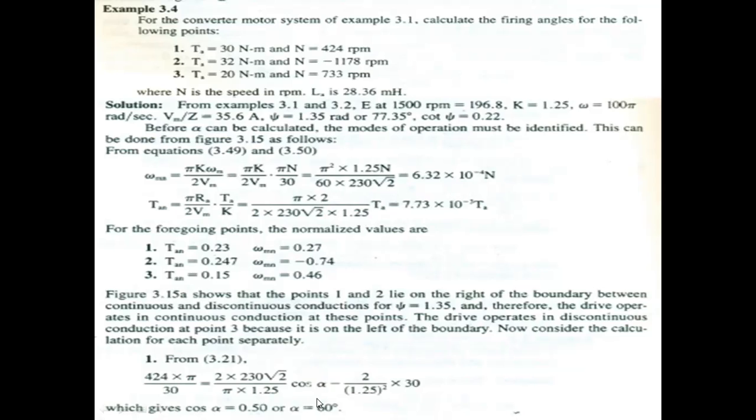So here, sorry, we have to substitute the n value. Wait, don't keep 1500. We have to put the n value for each bit. For 1, 2, 3 bits, you have to keep the n value. For the first bit, keep this n value as 424. For the second bit, minus 1178. Like that, you have to substitute this n value. Don't substitute 1500. If you substitute 1500, you will get the basic omega ms. So better keep n like that. And for each bit, you will substitute the n value as 424, minus 1178, like that. So finally, omega ms is equal to 6.32 10 power minus 4 capital N.